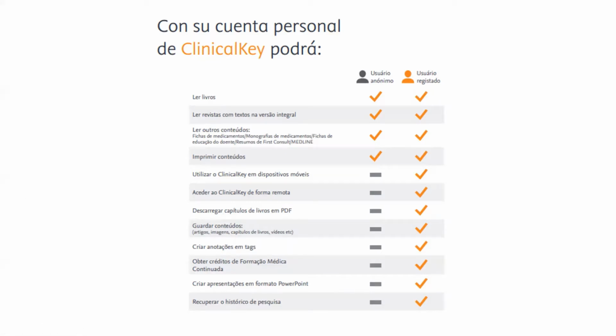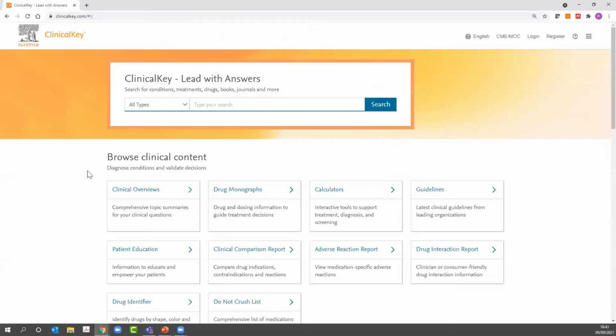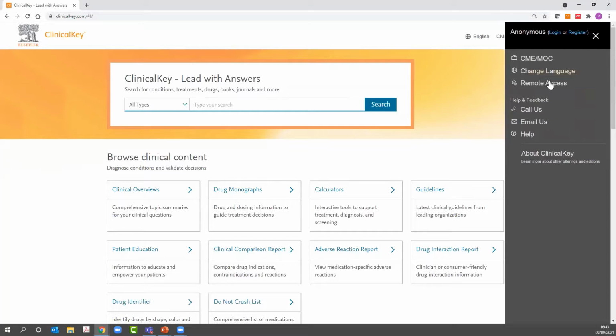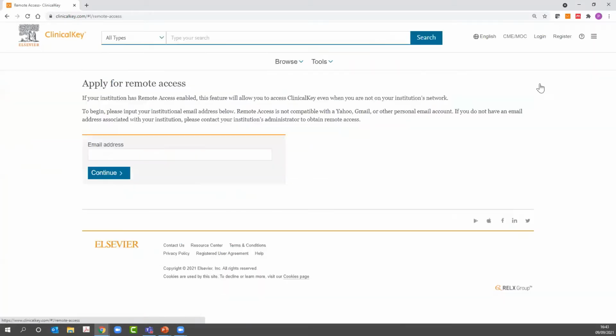So with all that information, we are going back to ClinicalKey and we are going to create our user. If you don't know that you have a user in ClinicalKey, maybe you will have a user of Scopus or Science Direct. It's easy to check it, very easy. So instead of going to register, you can go in these 3 lines and go to remote access. What you are going to do is to